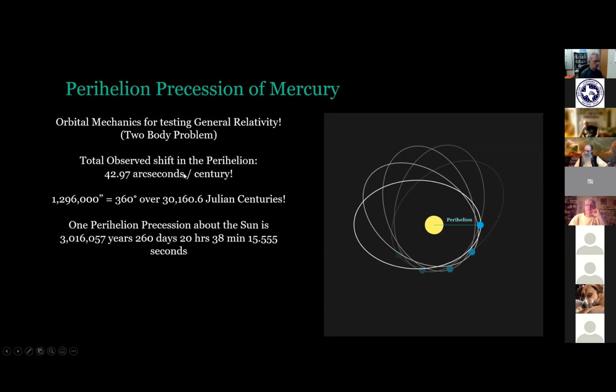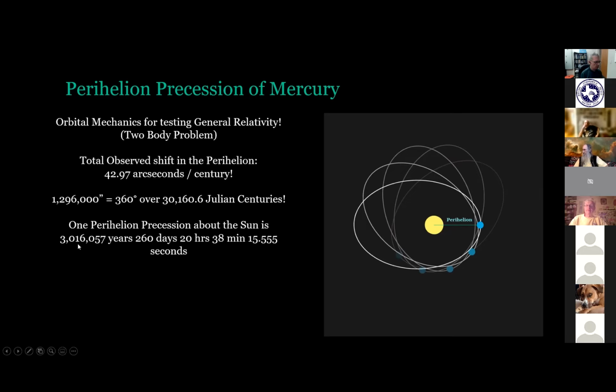So this is the shift in arc seconds per century. We got 360 degrees, of course, each degree is 60 minutes, each minute is 60 seconds. So we got 1,296,000 arc seconds for 360 degrees. So around Julian centuries, that is, you can say 30,160.6 Julian centuries. So that means when this position here of perihelion is shifting around the sun for Mercury, it's